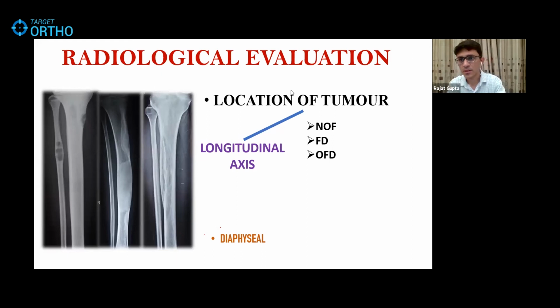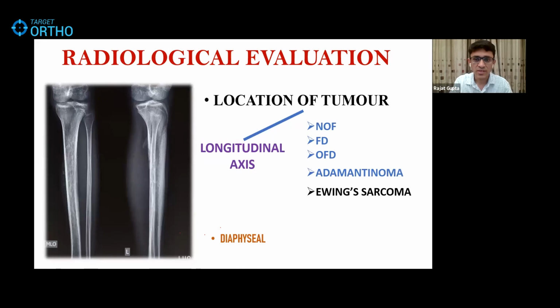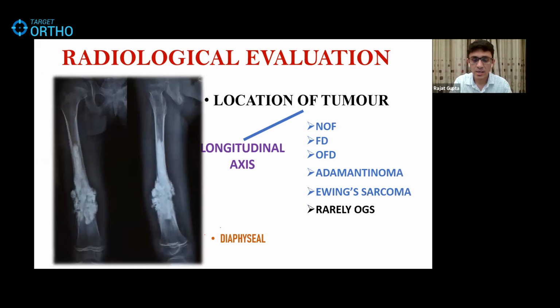Okay, fine. Thank you. So coming to the diaphyseal tumor, if we have a fibrous kind of a lesion, it could be a non-ossifying fibroma or a fibrous dysplasia or osteofibrous dysplasia. We could have another lesion called adamantinoma that's also in the diaphysis. We could have malignancy in the form of Ewing sarcoma in diaphysis. And rarely, as I said, in around 8 to 10% of the patients, even osteosarcoma is diaphyseal. So don't think that osteosarcoma cannot be diaphyseal, but that should not be your first differentiation.